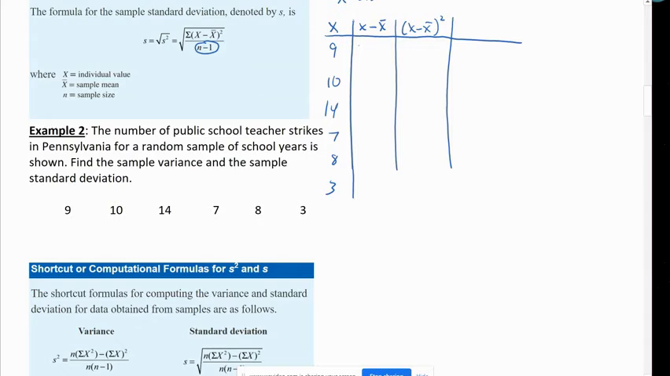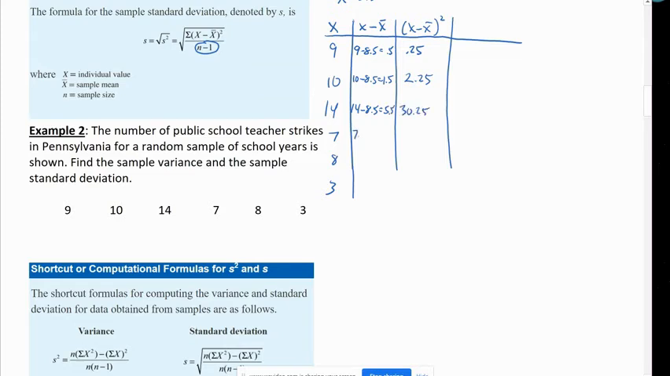And so here, if we do 9 minus 8.5, we get 0.5. And then square that, and you get 0.25. Then we have 10 minus 8.5, that would be 1.5. Square it. 1.5 squared is 2.25. And then 14 minus 8.5 is 5.5. Square that, and we get